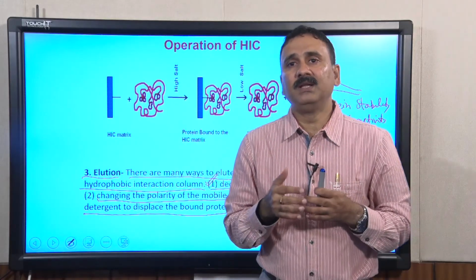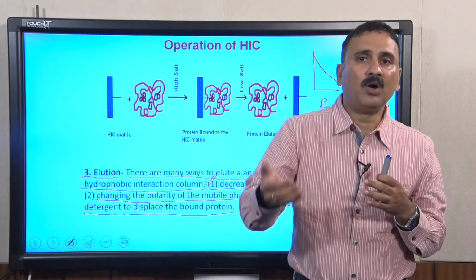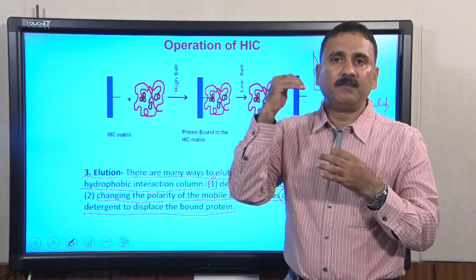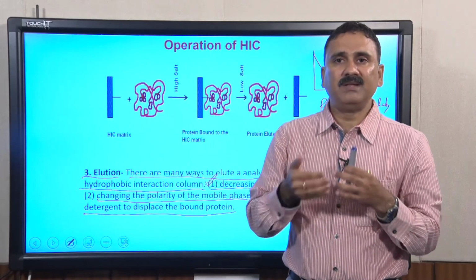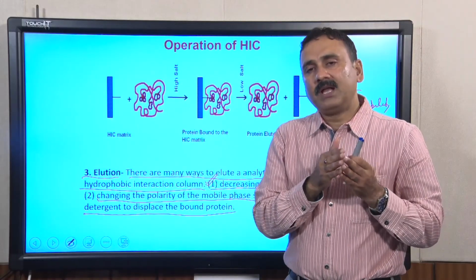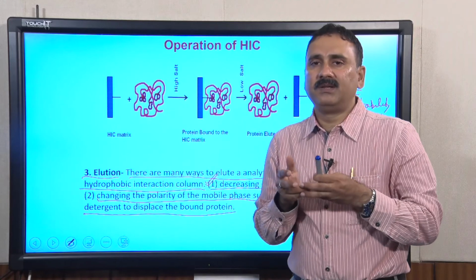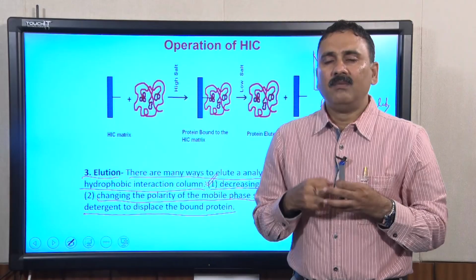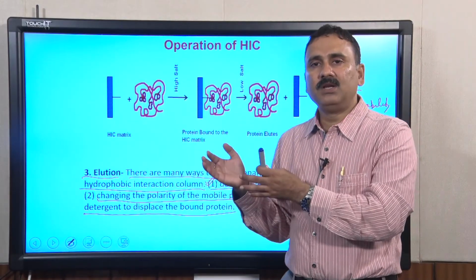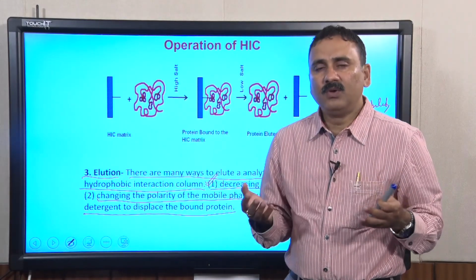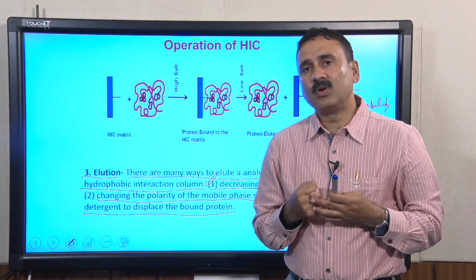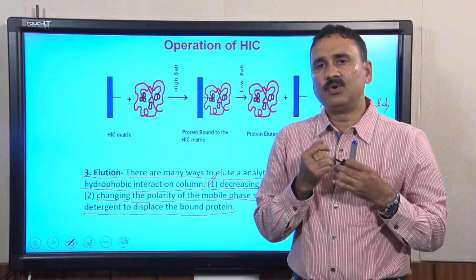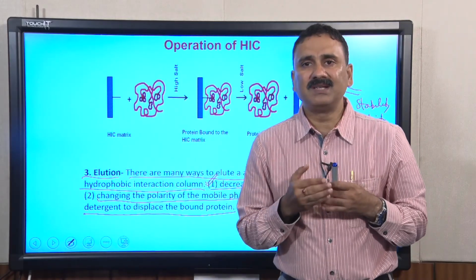And in those cases, you might have to supply a non-polar solvent. People start with the alcohol and then they can go up to acetone, benzene, hexane and all that, but as long as they go up to the alcohol, there is a possibility that the protein they elute will probably be active. But beyond that, if they supply acetone or hexane, you would still be able to elute the protein from the beads, but that eluted protein may not be active, because most proteins' structures are not stable enough